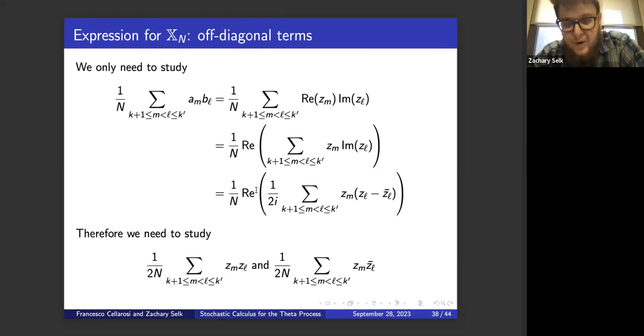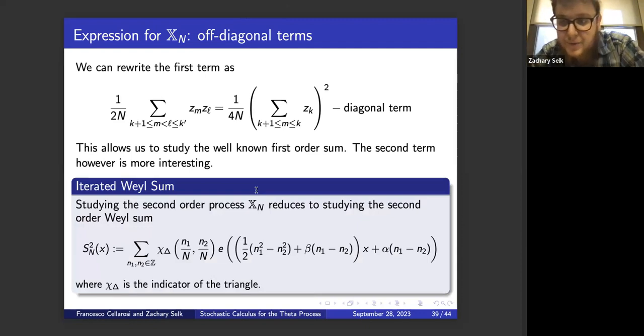And because it's a real part and an imaginary part, we can use a polarization identity of the complex numbers and say that studying the iterated integral boils down to studying the sums of z_m z_L and z_m z_L bar. If we can study those, then we can study the iterated integral. And z_m z_L is pretty easy because that's just going to be a square of the original sum minus a diagonal term, because we're not including m equals L, and we already showed that the diagonal term goes to 0 almost surely. And the point is, through all of this, we need to study the iterated Weyl sum